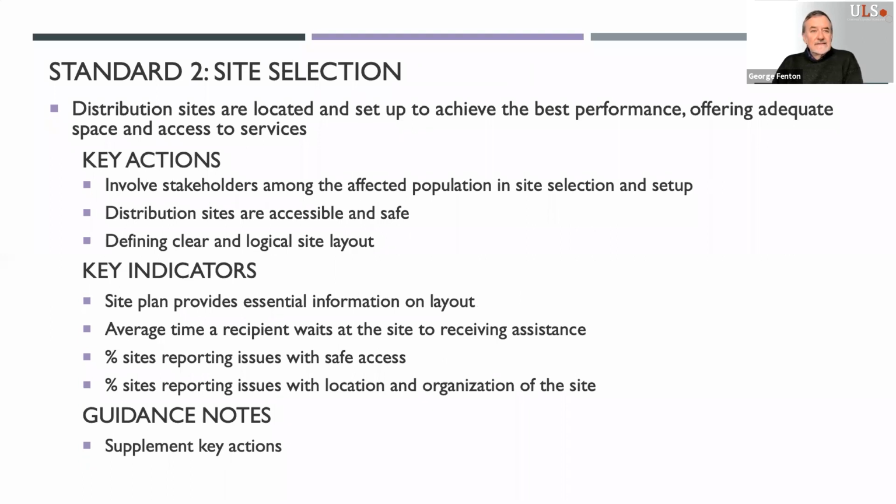The second standard is around site selection, and the standard states that distribution sites are located and set up to achieve the best performance, offering adequate space and access to services. Key actions here are to involve a range of stakeholders, including groups within the affected population, in site selection and setup, and to locate the distribution sites in suitable, accessible, and safe places, considering also the distance that people must